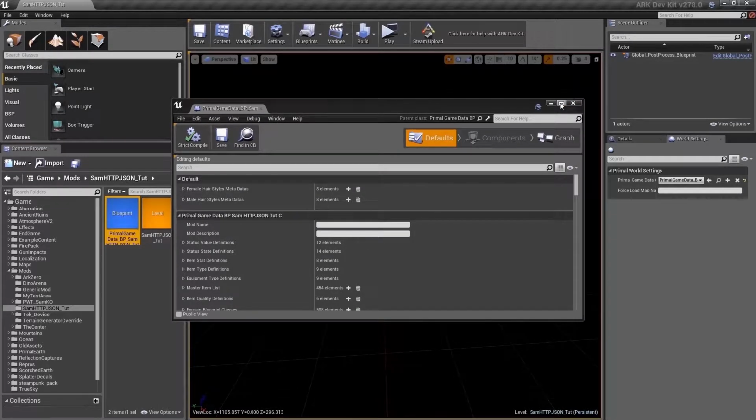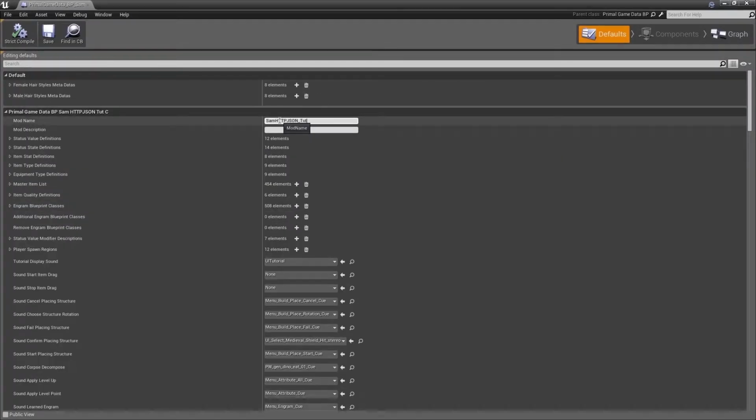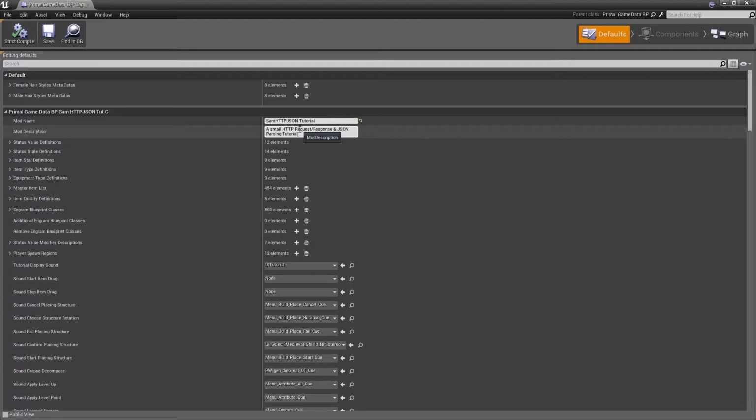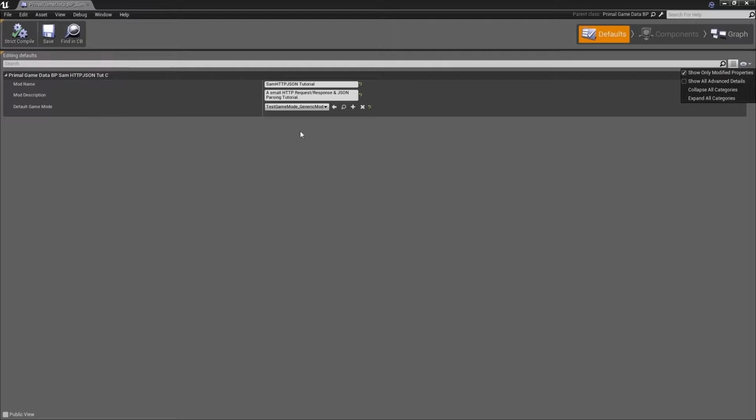Inside there, enter your mod name and a short description for your mod. After that, again choose to show modified properties, reset the default game mode, since we are not using a custom game mode. Save the changes, compile,